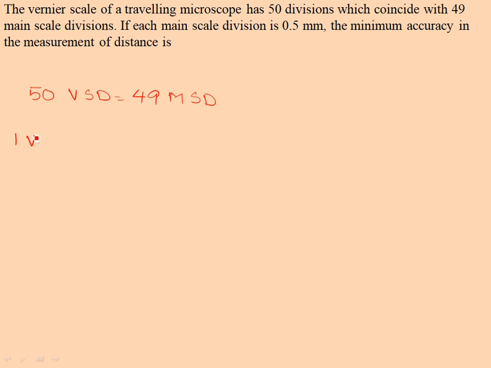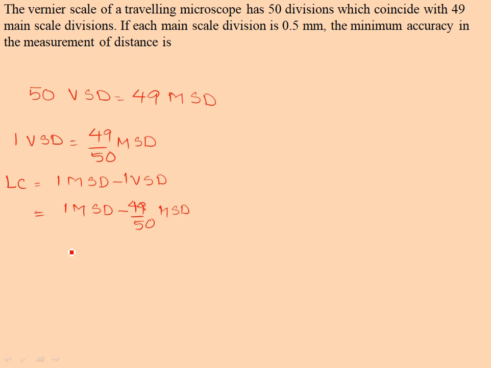So that 1 VSD value, that will be equal to 49 by 50 of MSD, or least count, that will be equal to 1 MSD minus 1 VSD, or this will be equal to 1 MSD minus 49 by 50 of MSD, or this will be equal to 1 by 50 of MSD,